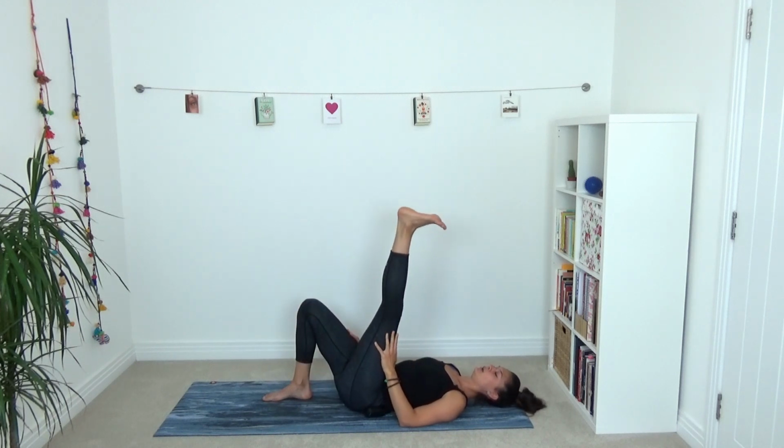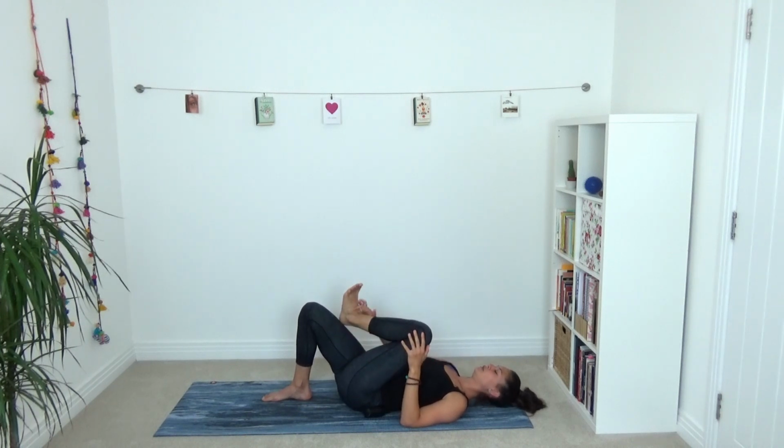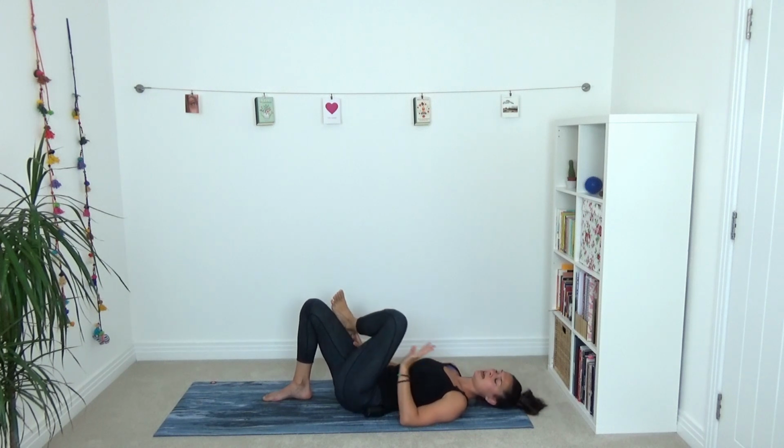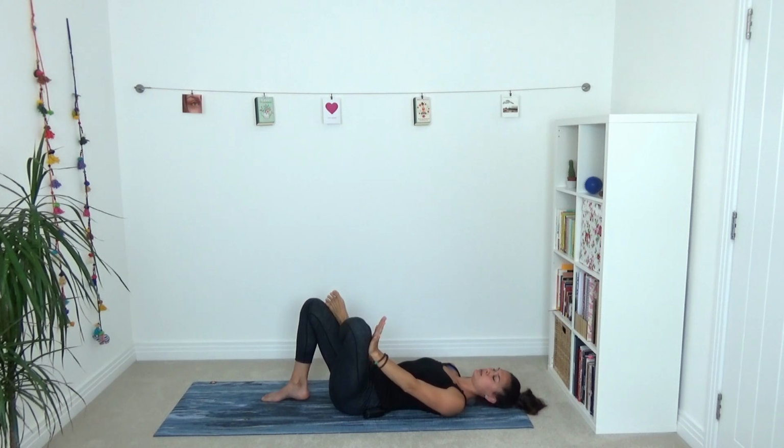Extend your left leg up towards the ceiling. And just for a moment, see how much length you can gain in that leg. Flex the left toes towards you. For a lying pigeon pose, bring the left foot on top of your right thigh, into the middle of your thigh, just roughly. And then with your left hand, start to guide the left knee open, so more towards the